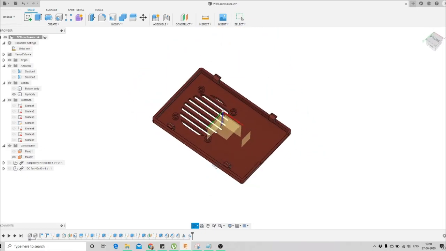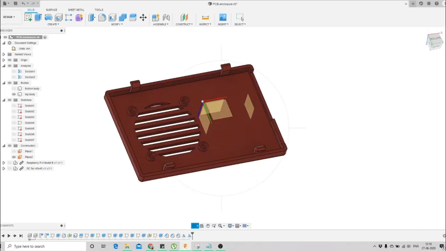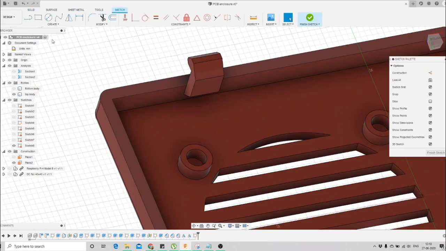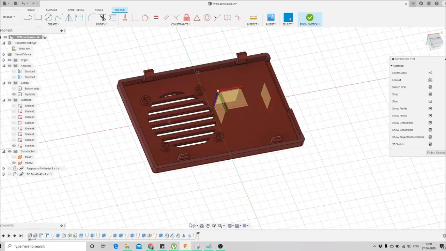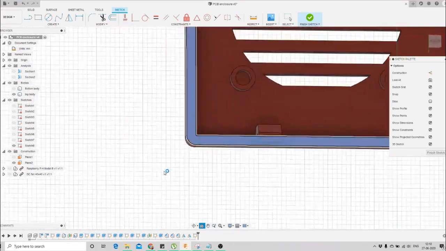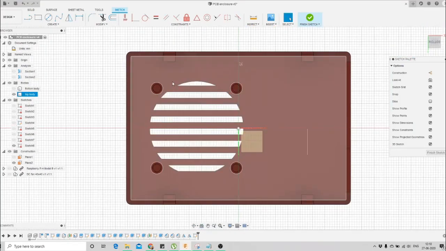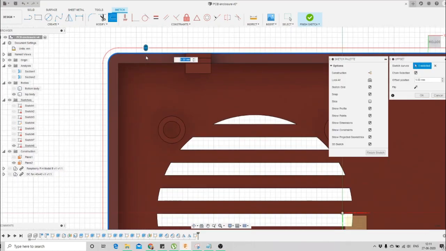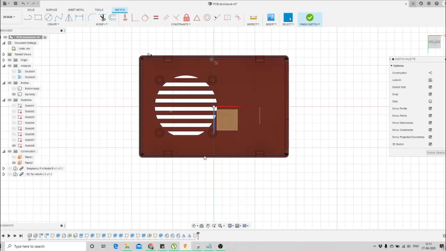So now what I am going to do is make some grooves on the top part body and the bottom part body, so they will fit together perfectly. To do so, we'll select this plane and click on create a sketch, and we'll again go normal to this plane, where you can see I am normal to this plane. Now I will select this offset icon. I will select the outside face. I will offset it by -1 mm and press OK. So here you can see I pressed OK.